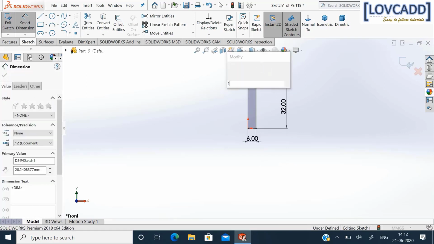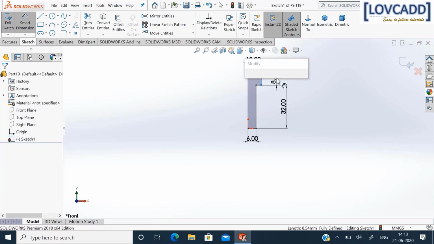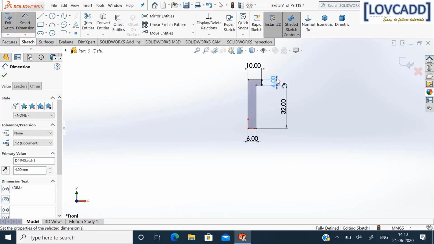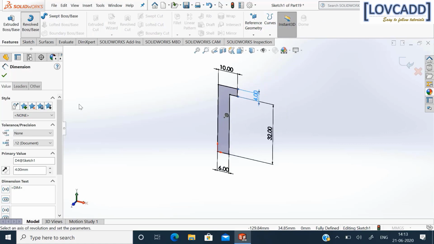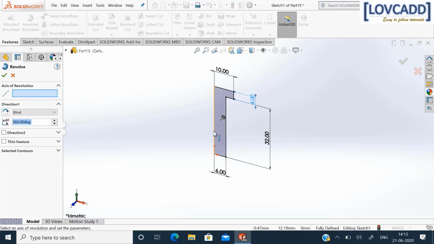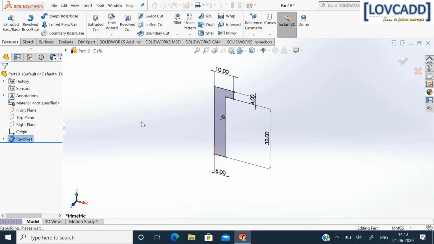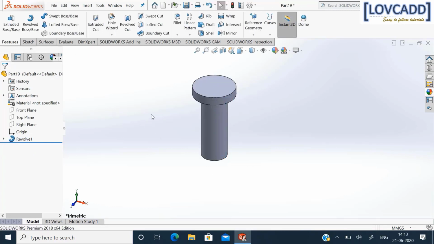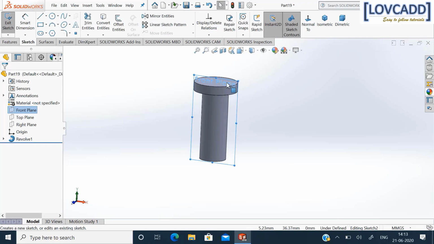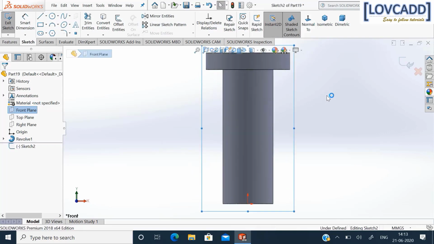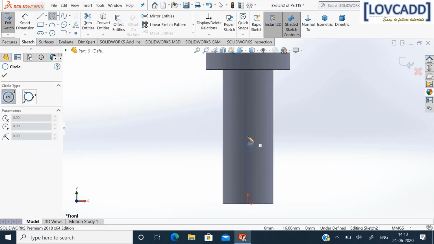This will be of 10 mm. Now this thickness will be of 4 mm. So this is fully defined. Now go to Features, Revolve, select this as an axis. Okay. Now select front plane, sketch, normal, select a circle, create a circle at a vertical distance from origin,